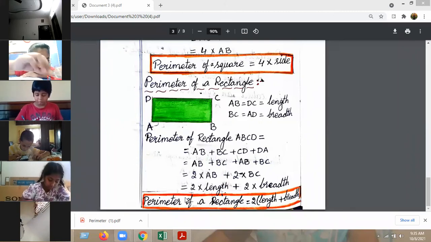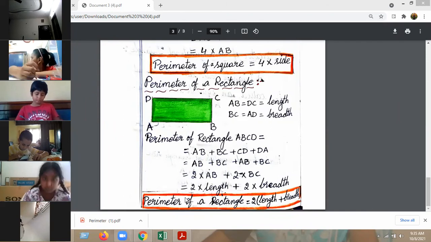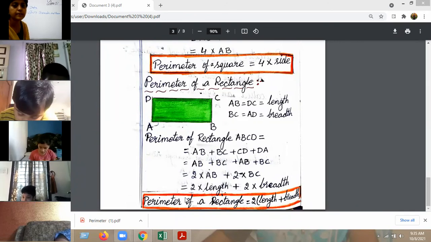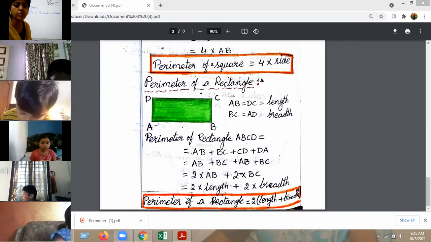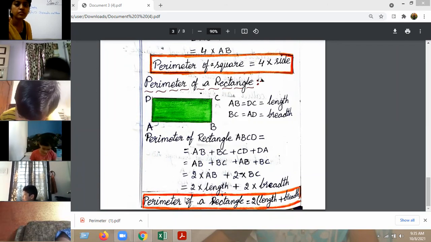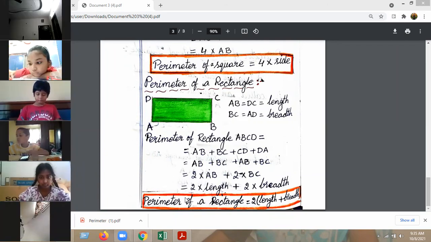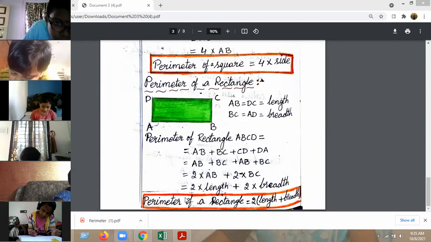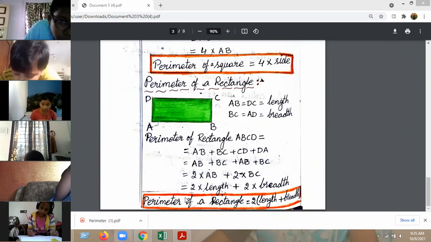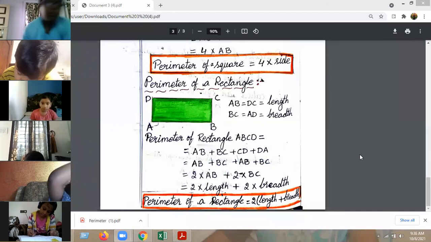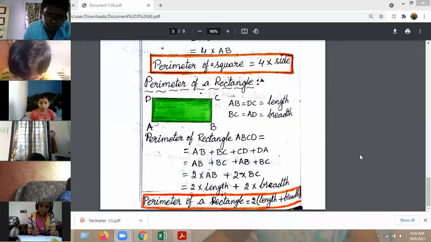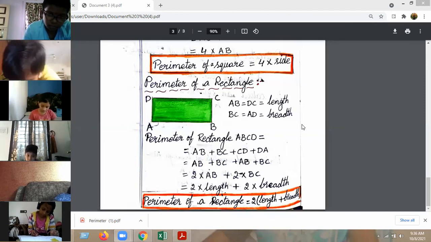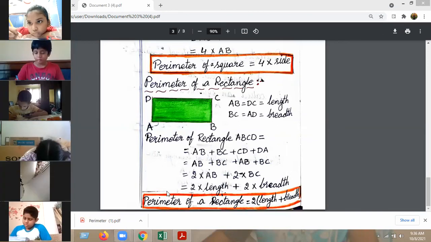Ma'am, can you show the perimeter of a triangle? Avisha, it was already shared in the class group yesterday itself. Please check it there. I can't waste your friends' time, no? Children, last 4 minutes. Please make it fast. Ma'am, we should join immediately. No need, I will let you know.